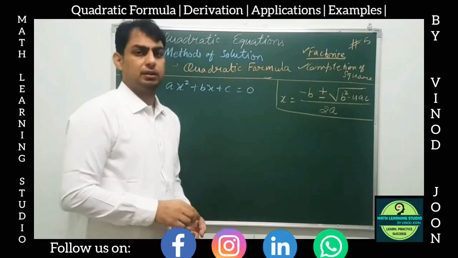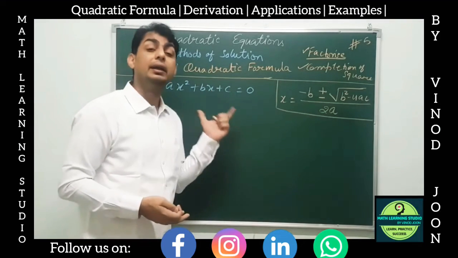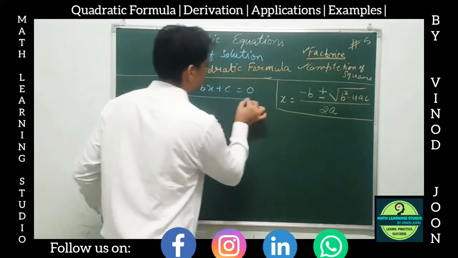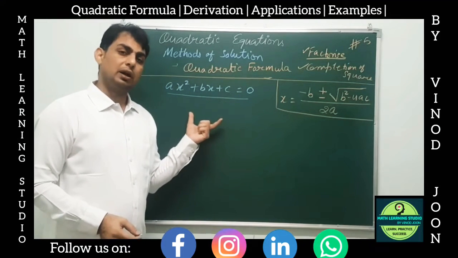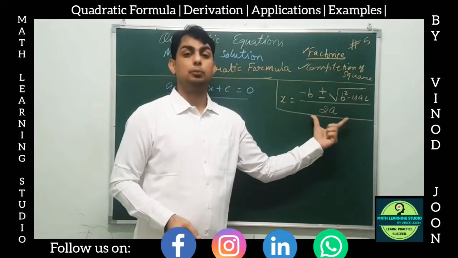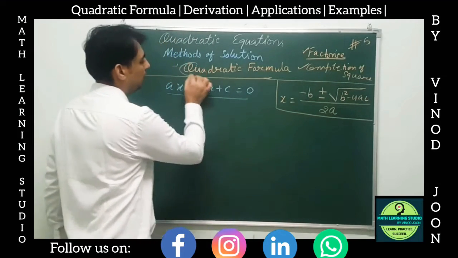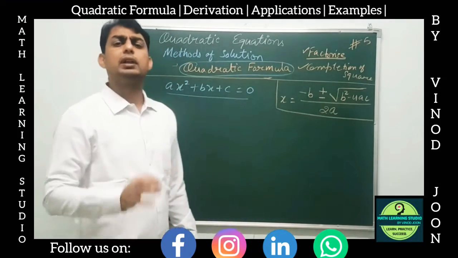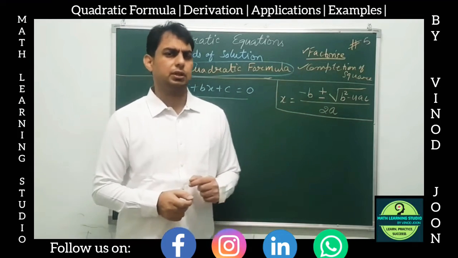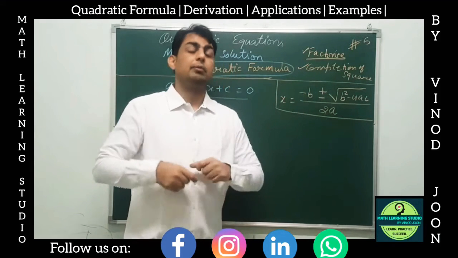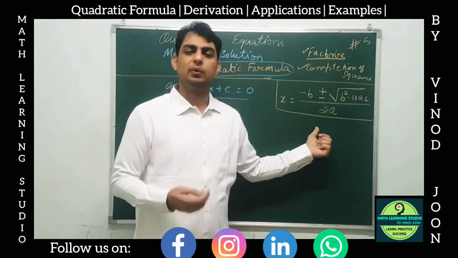Now there is a shortcut method, the direct method, to find the value of x or the value of the variable in any quadratic equation in the form ax square plus bx plus c equal to 0. This is the general form of the quadratic equation, and this is the direct formula that we can apply to find the value of x. This is called the quadratic formula, and it is very much used in all the competitive exams, or whenever you are stuck in some question in which you cannot factorize by middle term splitting or by applying any identity, then we directly apply this formula and we get the values of x.